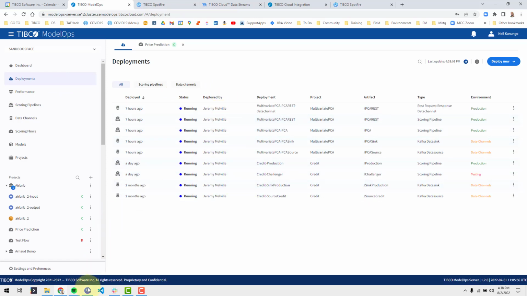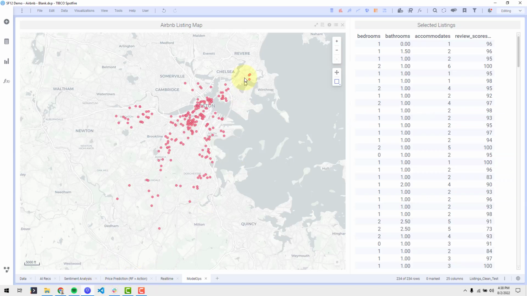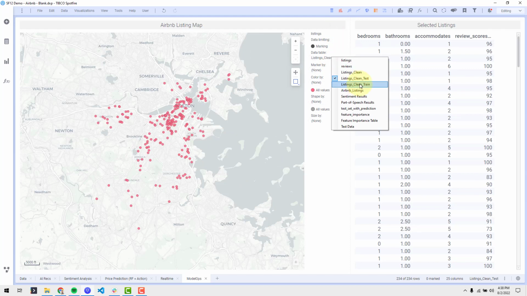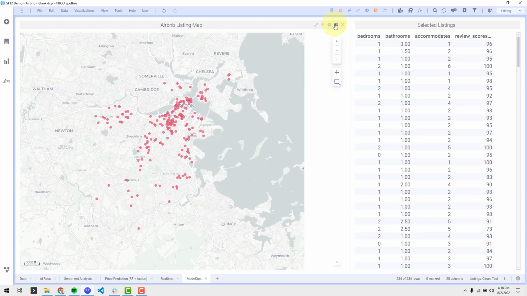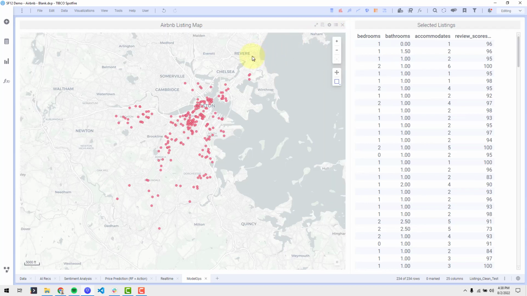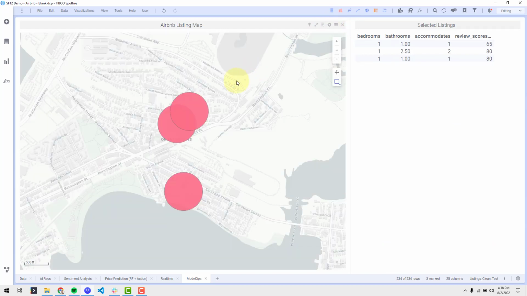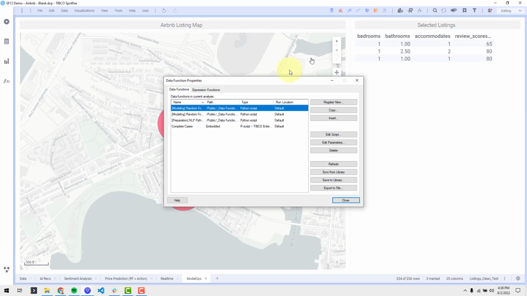What I'm going to do is actually score some new data. This is actually looking at a different data table. This is looking at my test data. So I trained my model on my training data. Now I have my test data. And so if I want, for instance, to maybe do a prediction on these three values, let's set up a data function that uses this